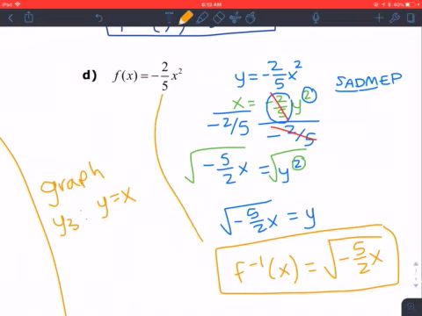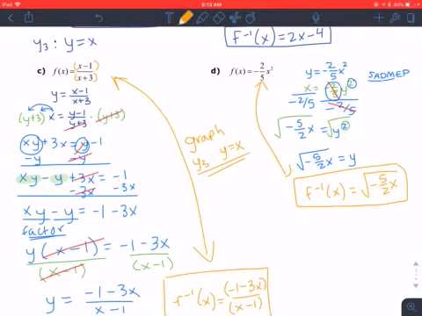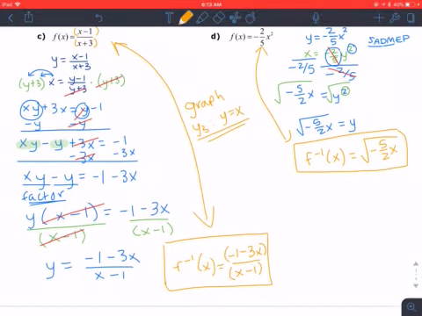Alright, you're going to graph these, and then don't forget y equals x. And this should reflect over that graph, y equals x. Alright, once you've finished all of this, and you've checked your notes with